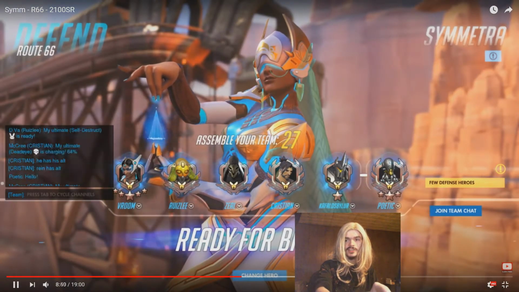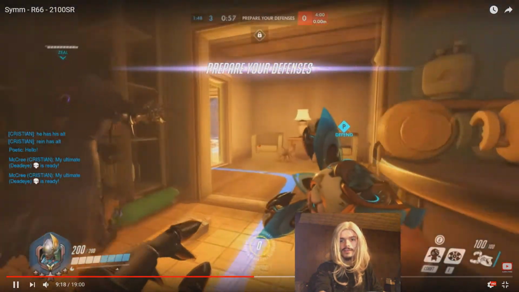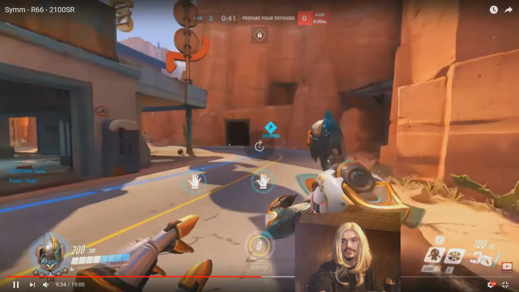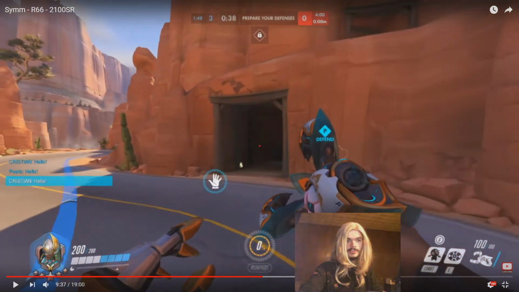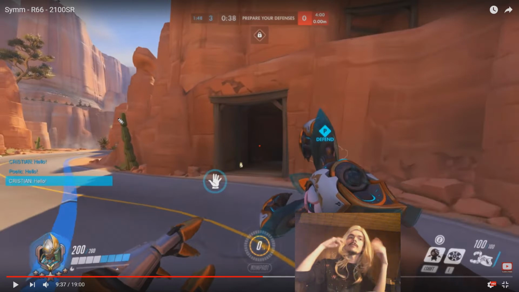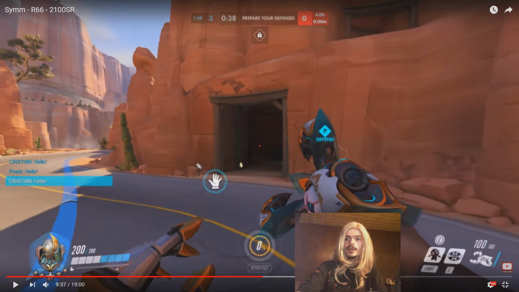So now we're defending though. So this is more conventionally Symmetra's thing. Going back to what we were saying about our turrets, we want them to be in places where they're actually going to hit people. Which is like, oh, well, obviously. No, not obviously, because what people do is they go,